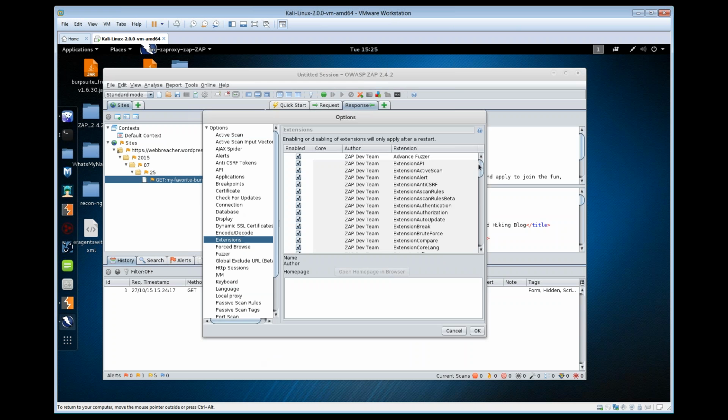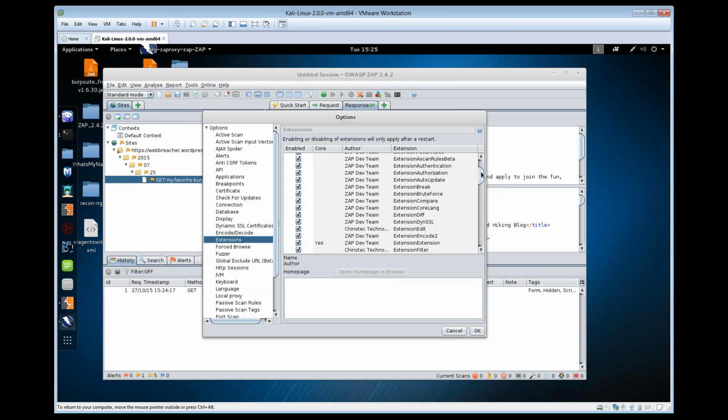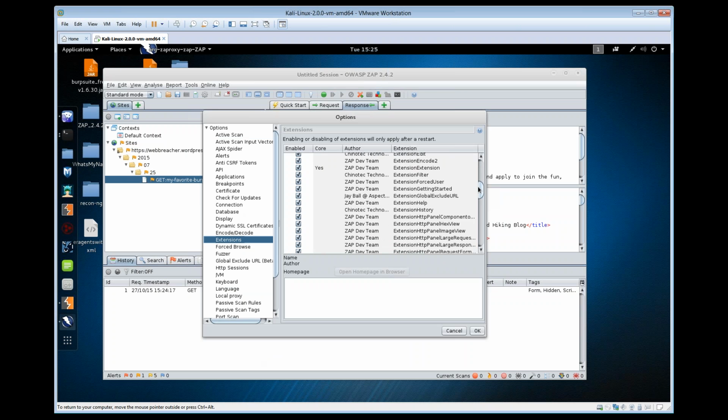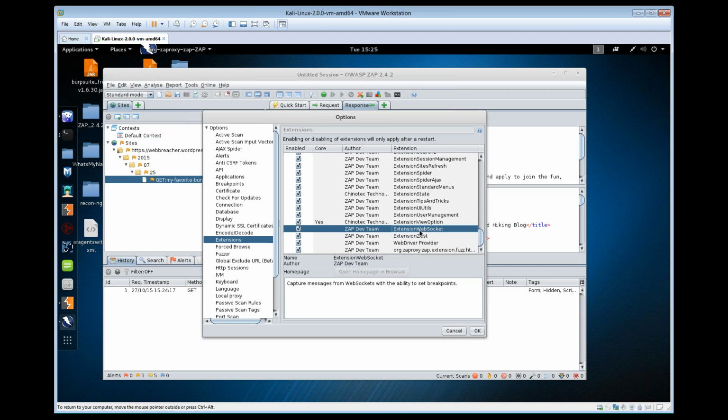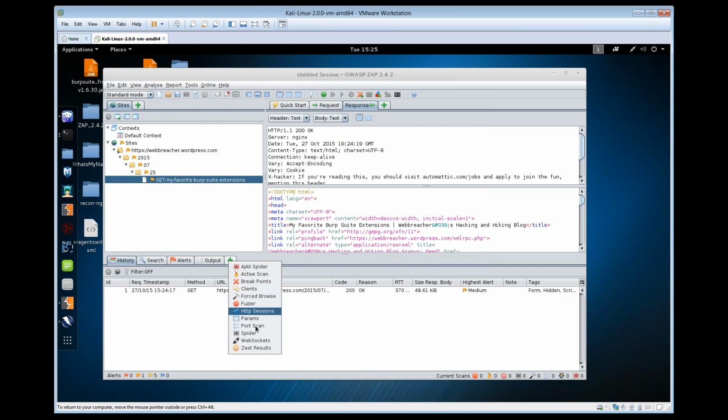And here, this extension, this is where we turn on and off all of those different pieces and more that the tool can do. You see down here we have things like WebSocket and Zest and Spider Ajax. If we come over here, we see WebSockets, Zest, and Spider Ajax. So we can turn on different pieces, and the reason why we might want to do that is that